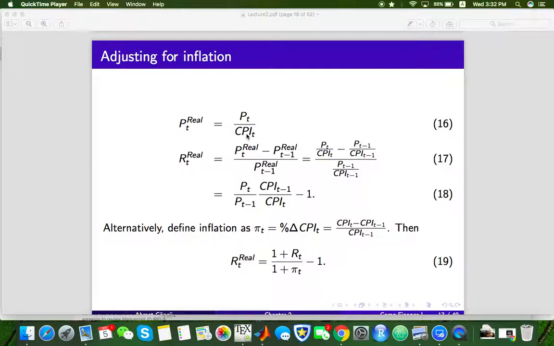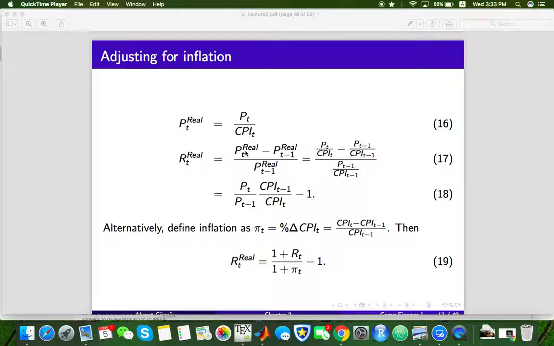Basically, it's a price index based on a basket of goods in an economy that we think represents the average consumer's expenses. So basically, we can obtain the so-called real price at time t by dividing the stock price at time t by the CPI at time t. And when you want to get the real return, then you will be working with these so-called scaled